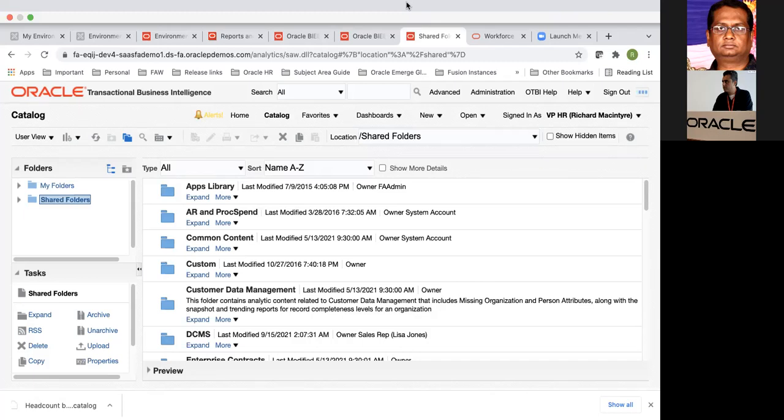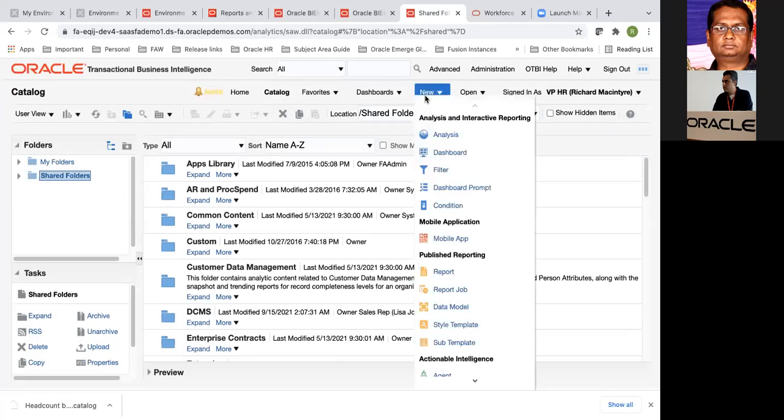And now let's look at an example wherein I would want to see a trending report. So what's a trending report? A trending report is one wherein you want to see the data by years or by months or by quarters, etc. I'll have two examples for that, one related to headcount and the other related to the performance documents. I'll start with the performance documents for now.